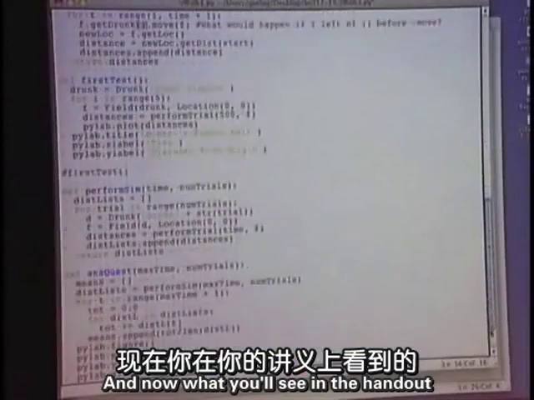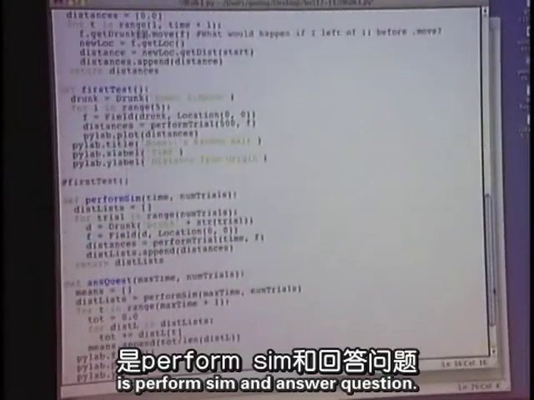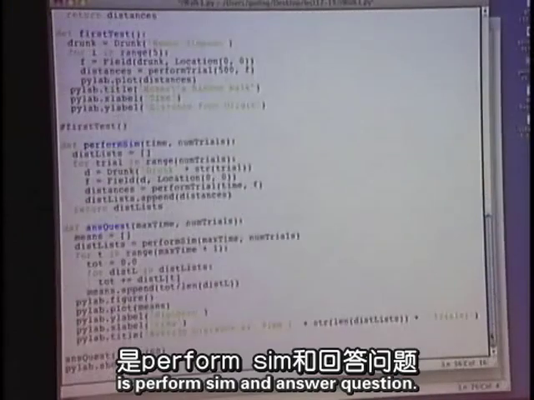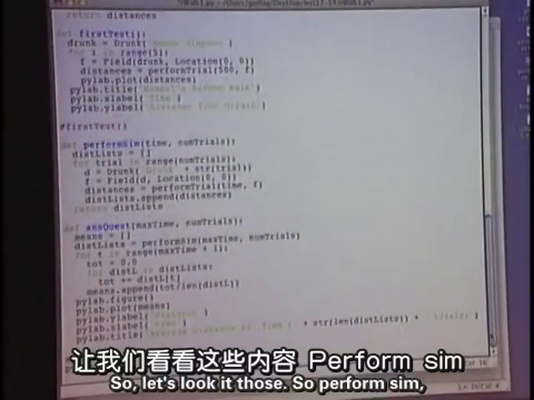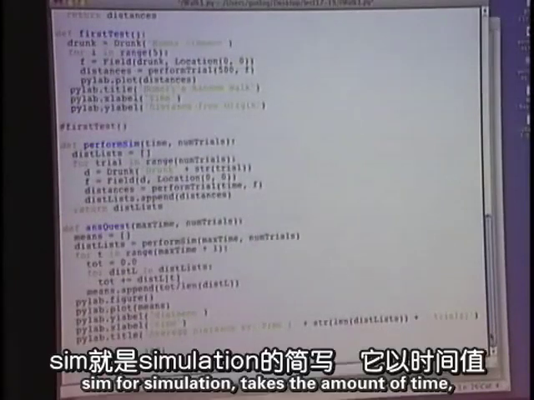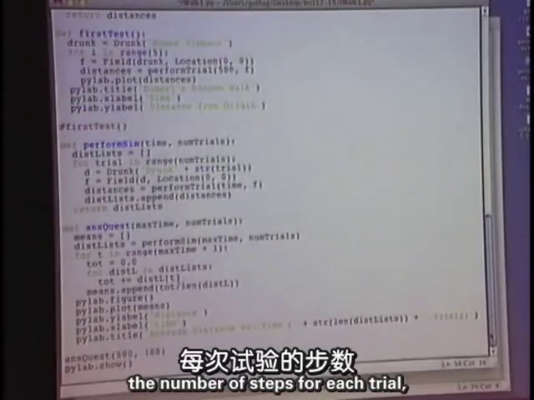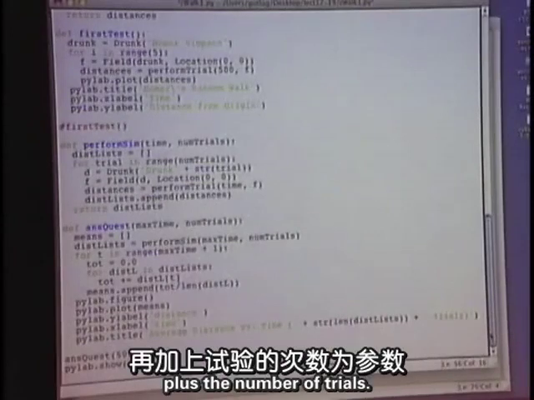And now what you'll see in the handout is perform sim and answer question. So let's look at those. So perform sim, sim for simulation, takes the amount of time, the number of steps for each trial, plus the number of trials.